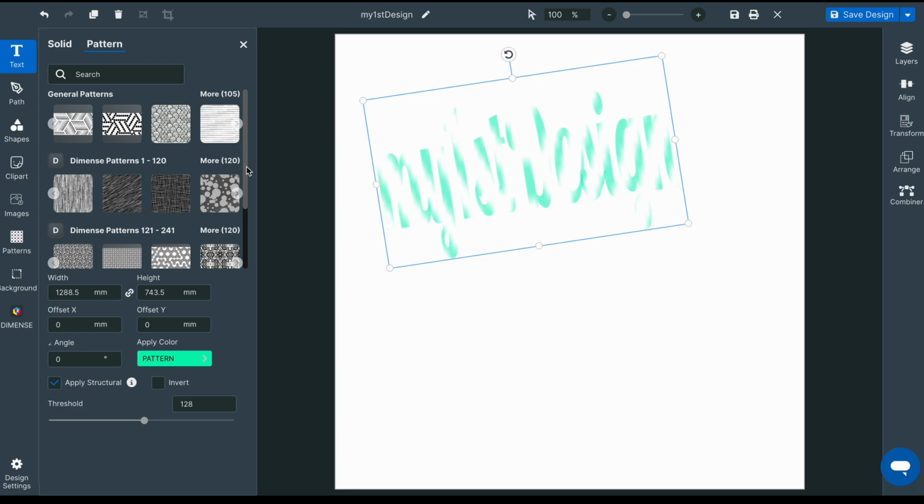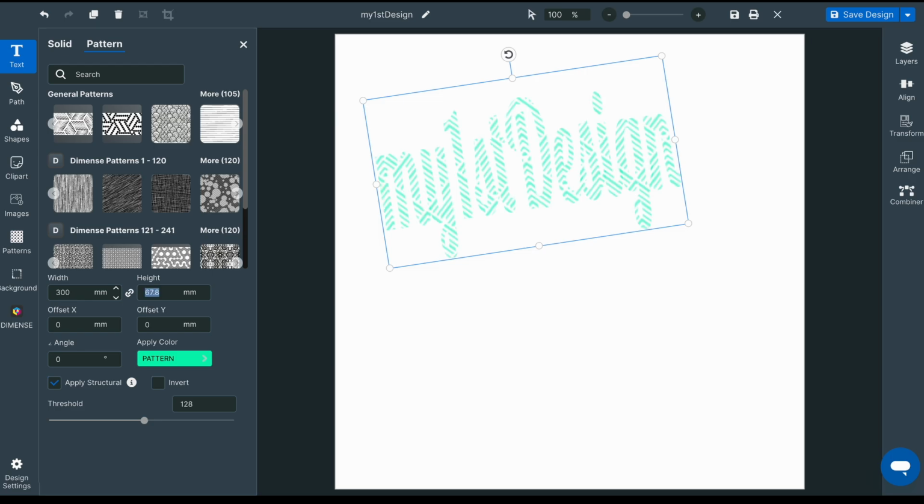Closing the library, I now have access to the properties of the pattern, and I can scale by changing the width and the height. If the design benefits from moving the pattern, this is done in the offset boxes.